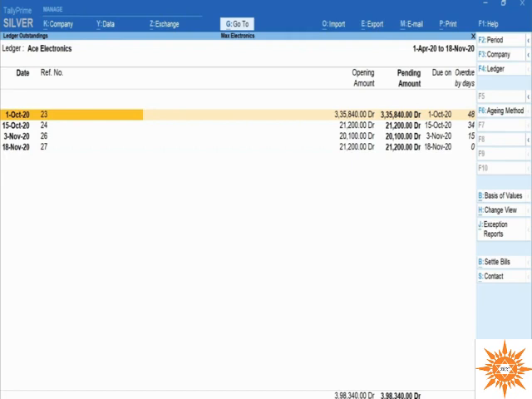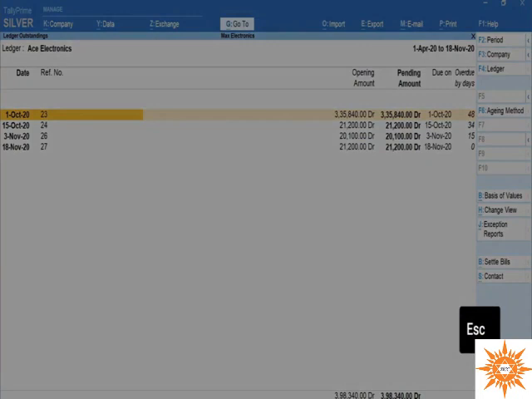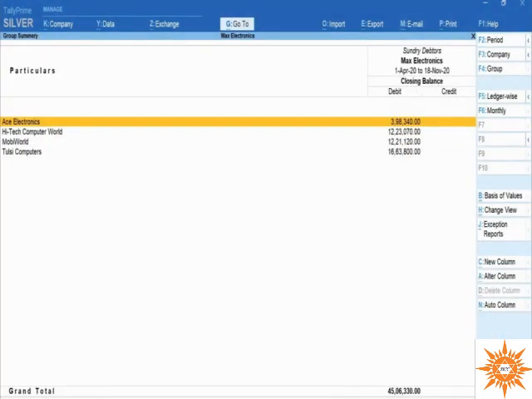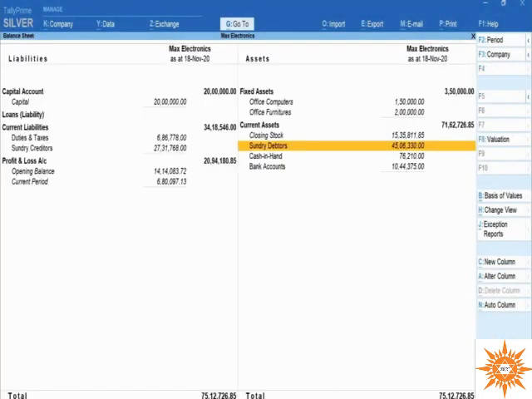Isn't it quite natural for the mind to seek additional information in the process of analyzing the reports, just like Max Electronics did? It's so true to do so. In Tally Prime, all the reports are designed to follow your thoughts and allow you to discover more information for confident decisions. Once you are done with your analysis, you can simply press Escape to go back to the balance sheet in the same way you navigated earlier.